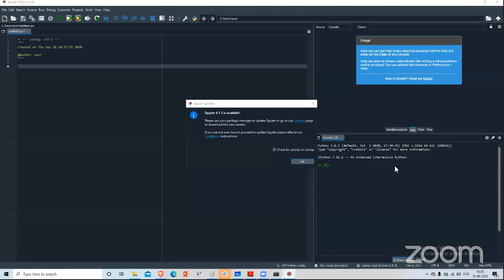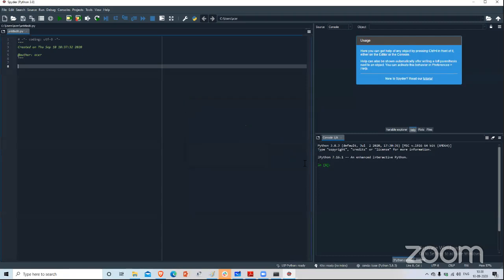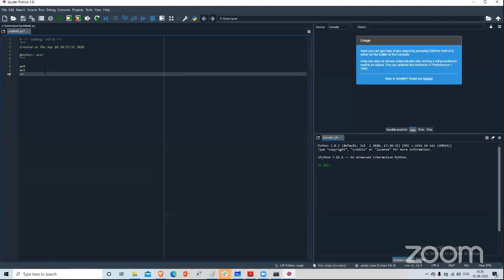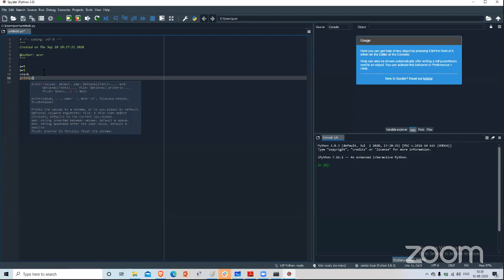Sauparnika, are you getting any issues with Spyder? Okay, we got it. So here in this platform, you can simply write the programs: a is equal to 5, b is equal to 3, c is equal to a plus b, and just print c.